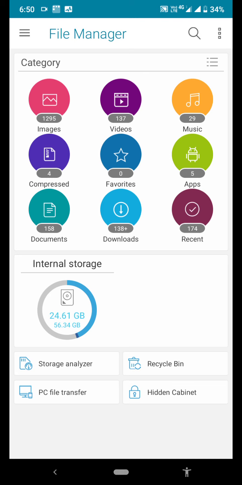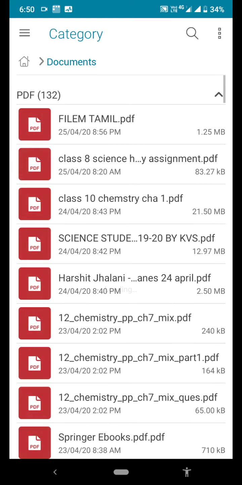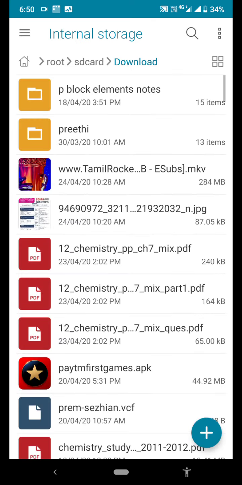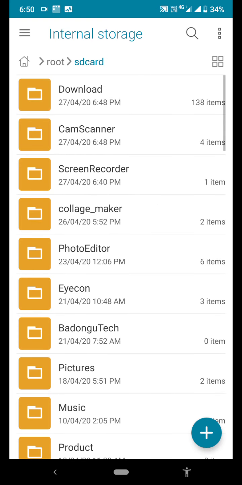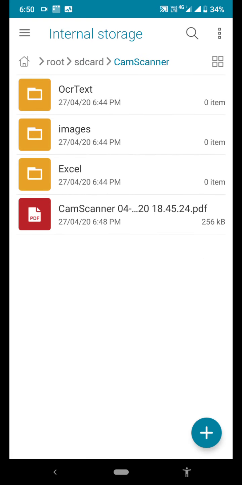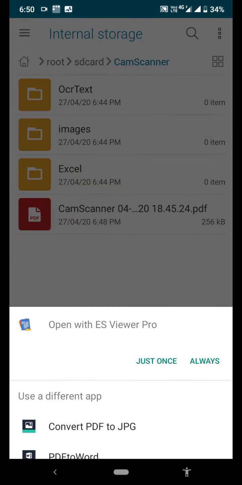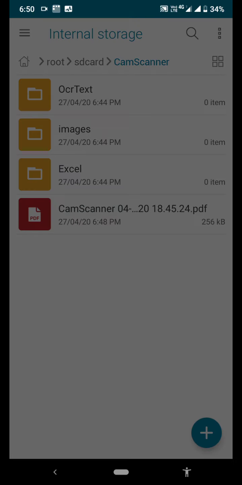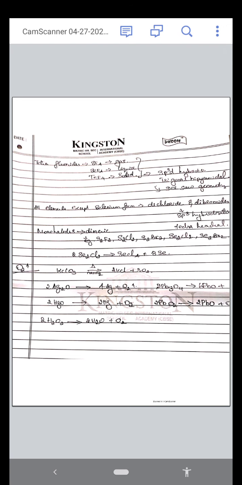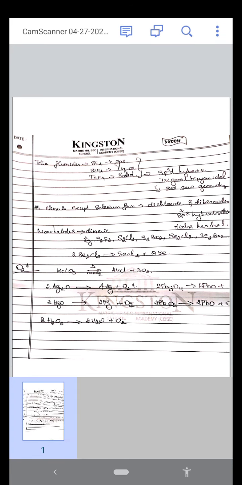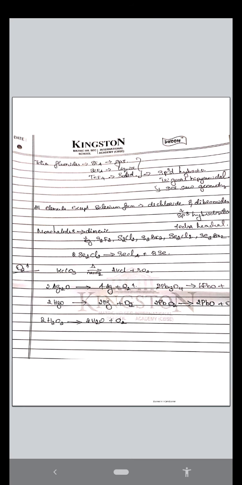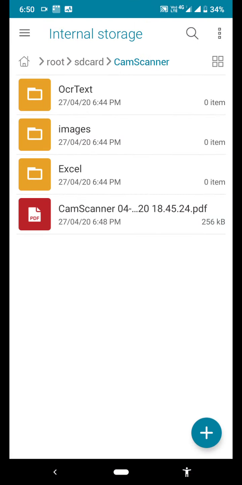If you have a file manager, go to the file manager, click documents, or if it is not there, go to downloads. I'm going to open CamScanner. In CamScanner, our document is ready. If you have a PDF opener or viewer, you can use that, and then share it accordingly. You can open the web page and upload it as it is.